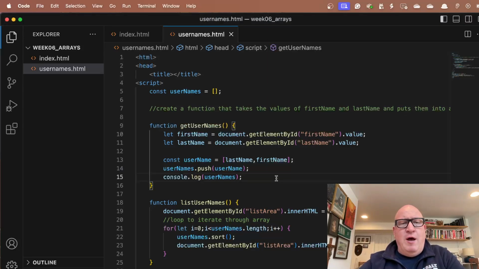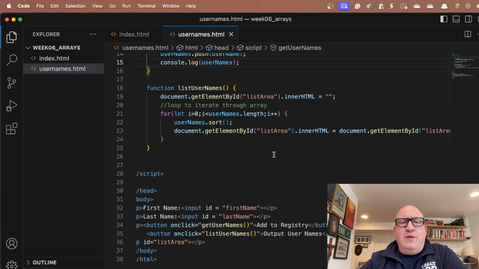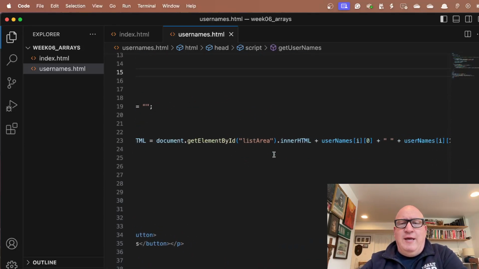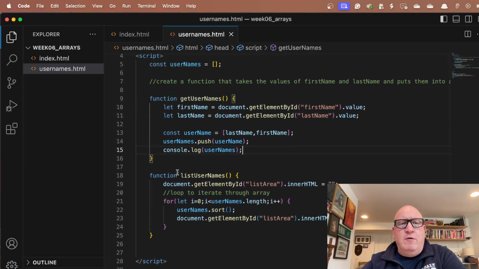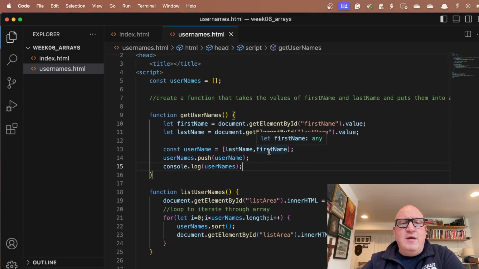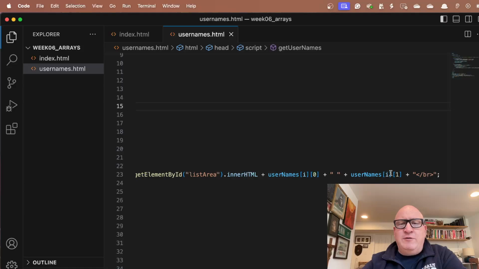Okay, so I'm gonna go back to this username example because I told you I didn't love how we did some stuff. The one thing I really didn't like is that here we add usernames, the iterative, and then 0 and then 1. So we are doing last name and then the first name. What I would really like to do is make this make a little bit more sense from a human